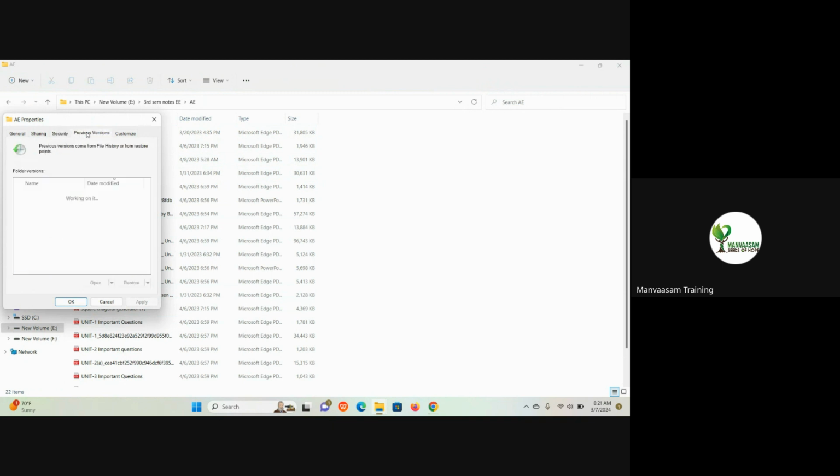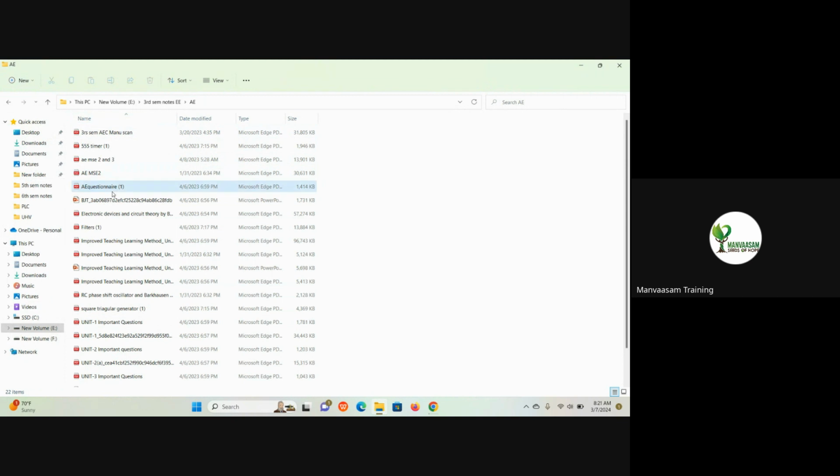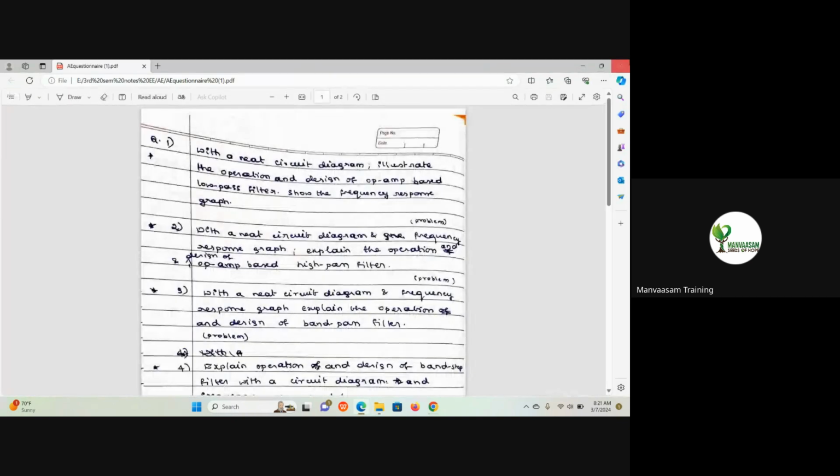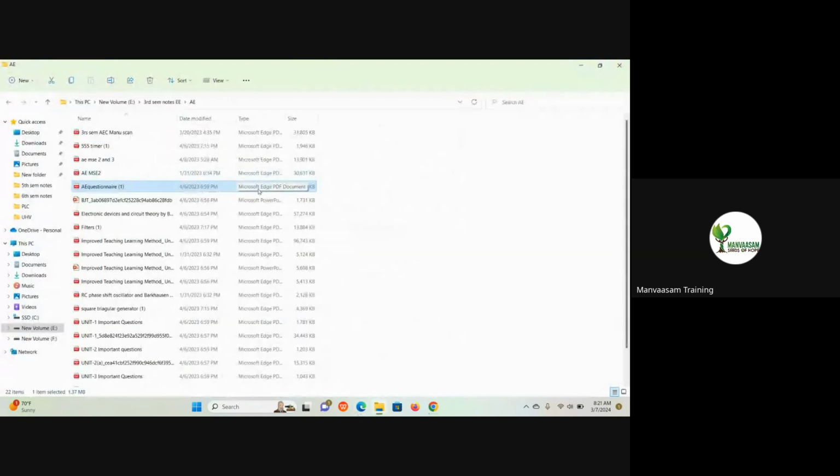It's a PDF. No, you are opening a folder, open a file. Go to file properties. Okay. Yeah, you can see .pdf. Yes, sir. Okay. So like this, for an OS we have an extension known as